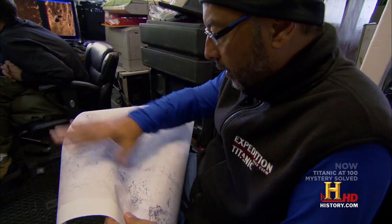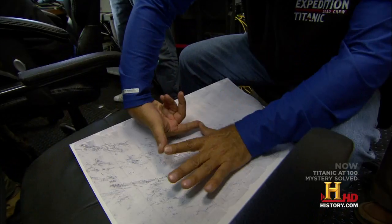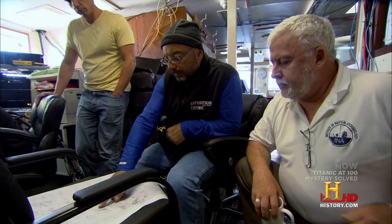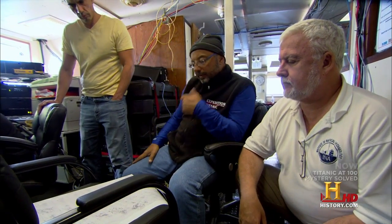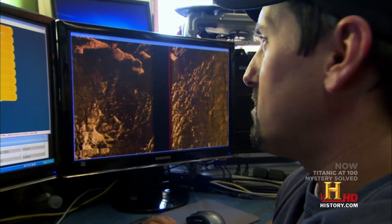Look at that. What we see so far is really exciting and really promising that we've mapped far and wide. All this stuff is brand new to us. There's a lot of artifacts scattered. Yeah. Object after object, never before seen. They're huge. Some of them like 3 stories. The first version of the map is just a paper printout, but when it's fully processed by the computer,